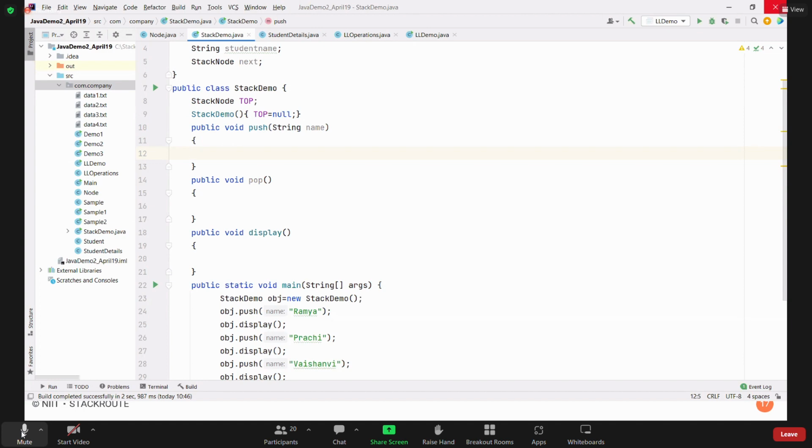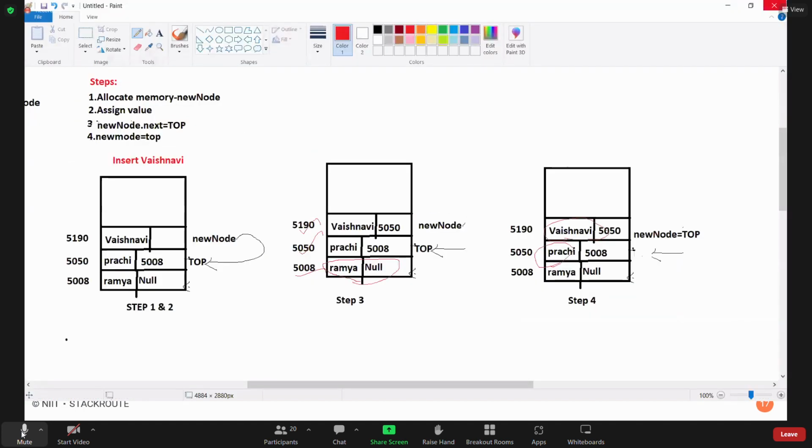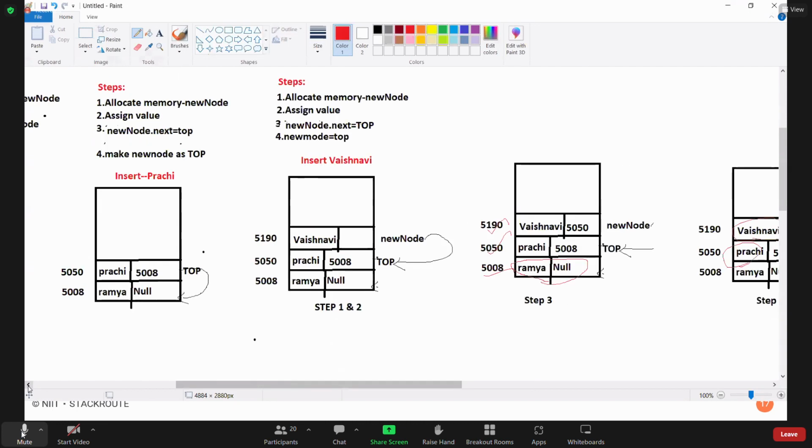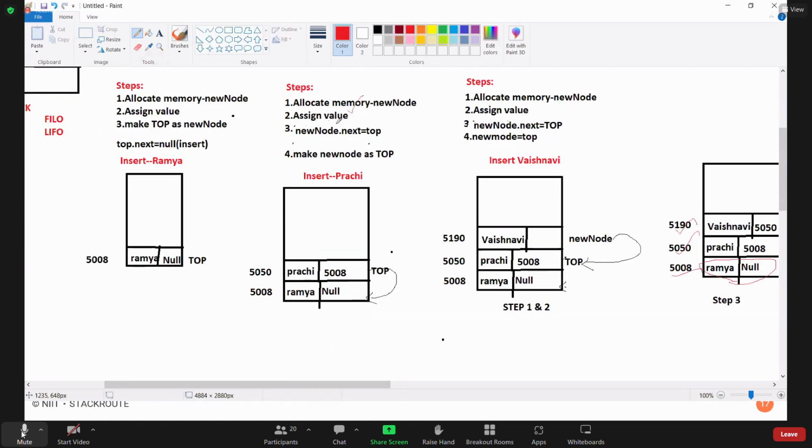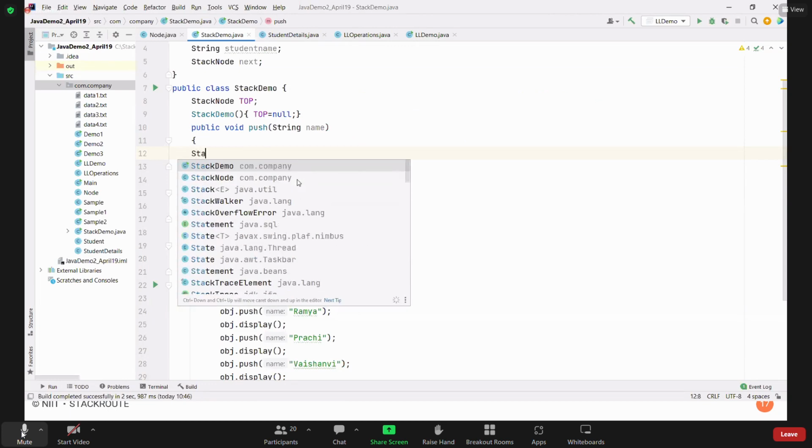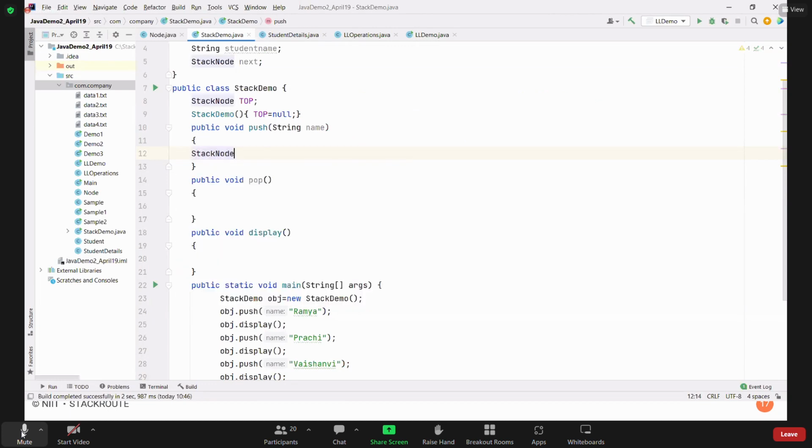Okay, what is the first step? Now you can proceed with the algorithm. What is the first step always? We will follow all the four steps. The first step is stack node new node equal to new stack node of